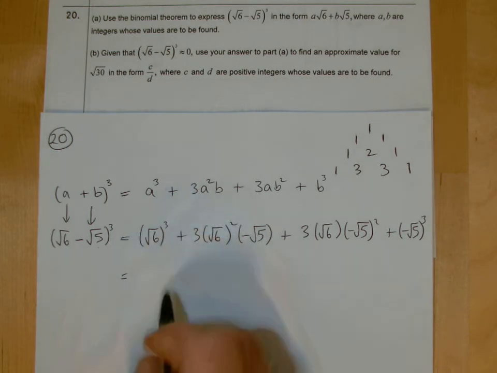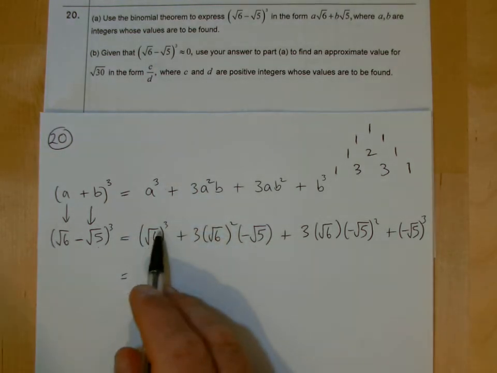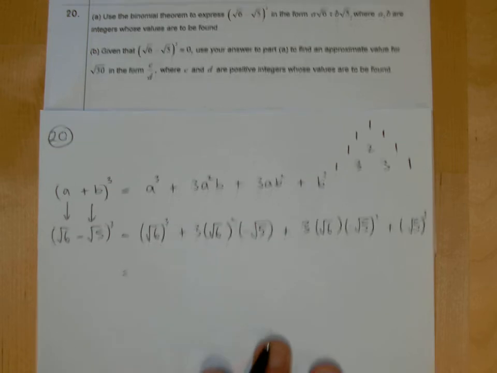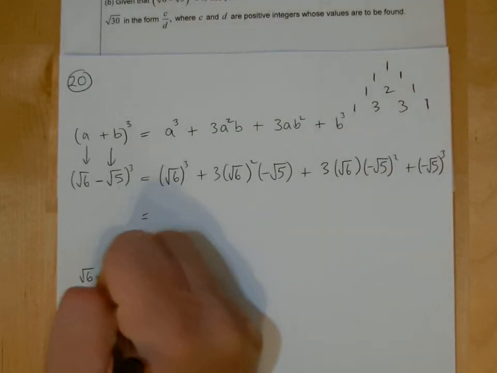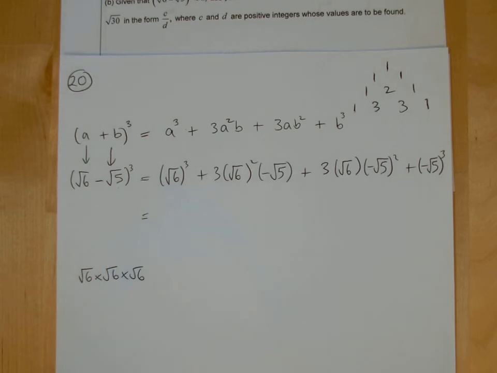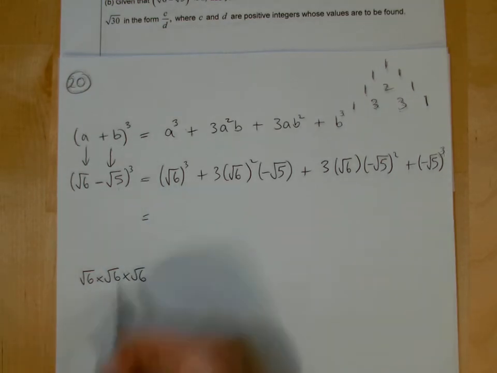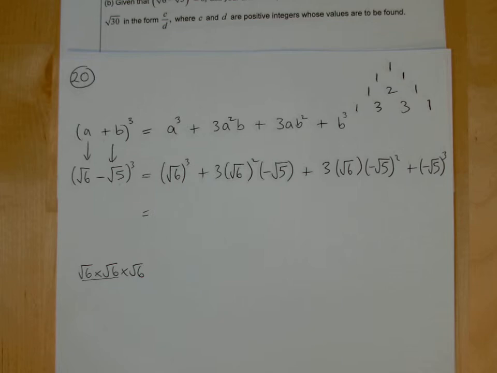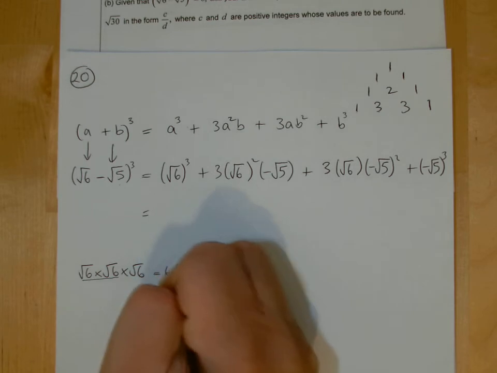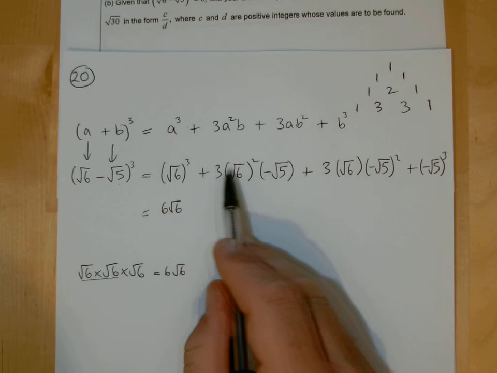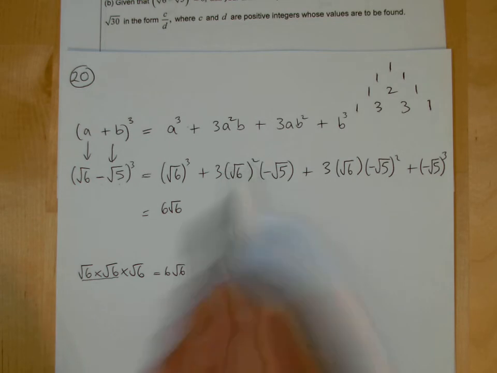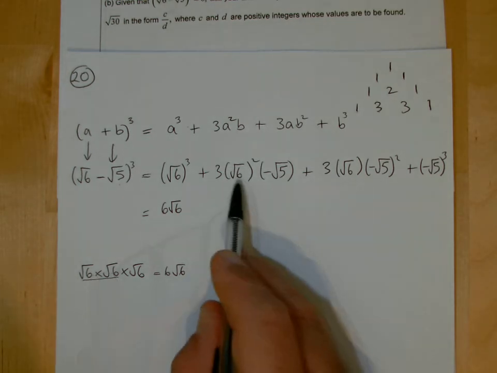So we'll work this out. So remember now, root 6 cubed, okay, quite simply, maybe I can write it down here, is root 6 times root 6 times root 6. Yeah, which will be, remember you pair these, yeah, okay, so root 6 times root 6 is just 6, so it'd be 6 root 6, that will be. Here then, well, we know root 6 squared is root 6 times root 6 as I saw there, so that's just going to be